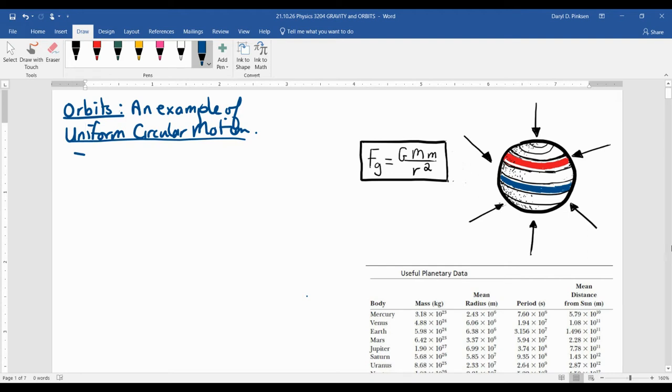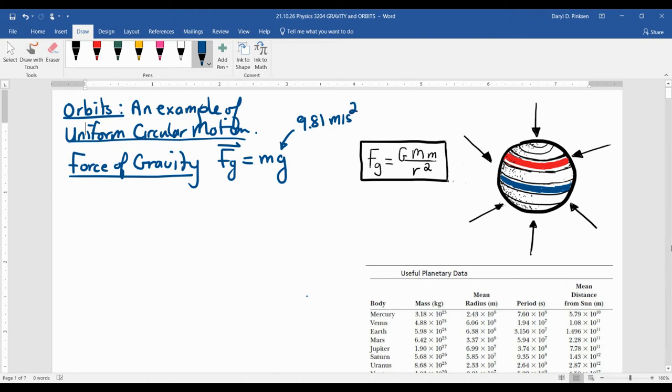So the way that happens is it's the force of gravity. Now, we've looked at the force of gravity in 2204, and we had this equation that the force of gravity is equal to mg, which is mass times the acceleration due to gravity, which is 9.81 meters per second squared. Well, that's kind of like a shorthand version. This is a compressed version of the actual formula for the force of gravity, which is this one over here. So this is an equation that Isaac Newton came up with